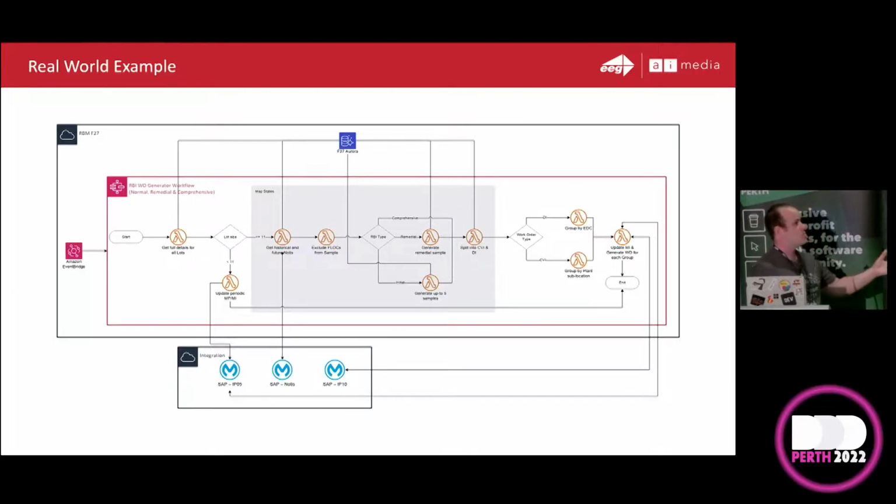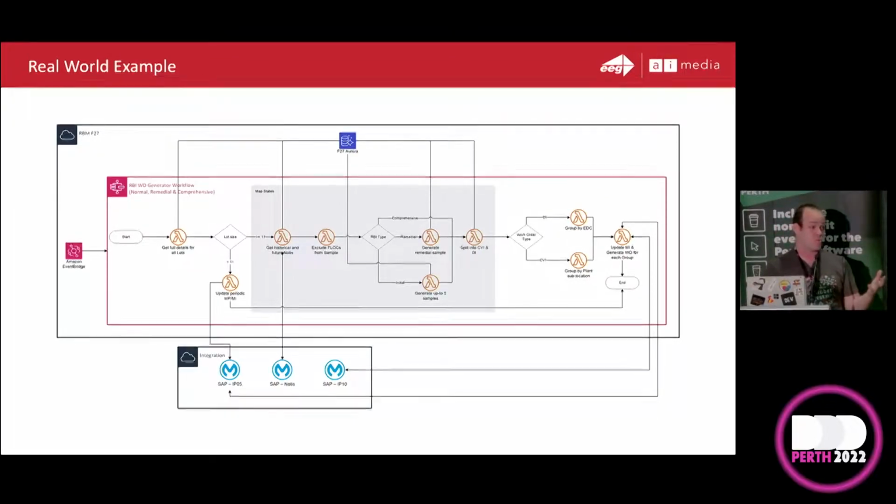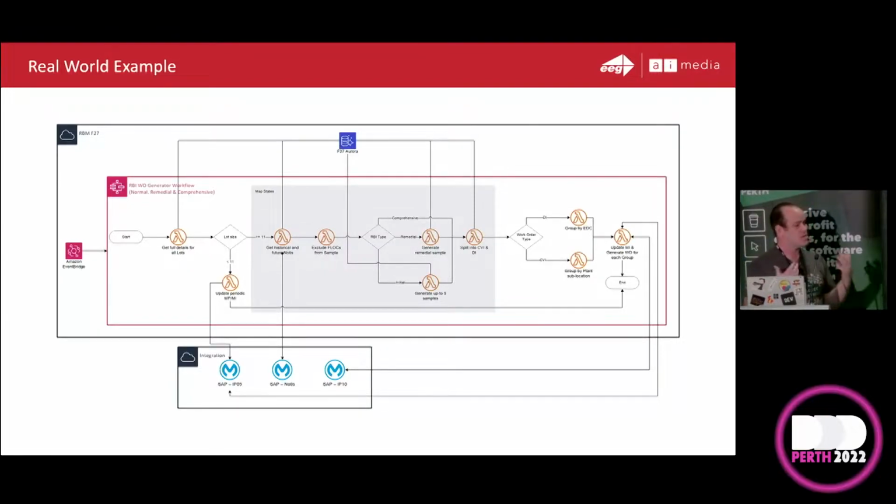In this particular case, we're talking about a step function. You can see we're using the diamonds to indicate decision points in the process. The grey box, I'm hoping it's grey on my screen, the bit in the middle there, with the map states is actually a parallel state where it takes multiple results and spins up multiple lambdas concurrently. Not sure that's the best representation, but at least it gets the point across that something different is happening at that particular part of the process, which is the goal here, is we want to communicate exactly what's happening.